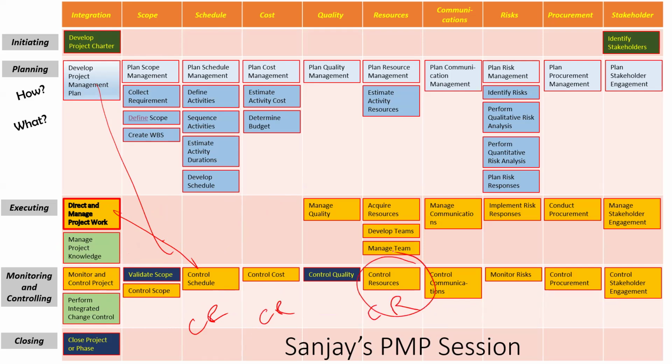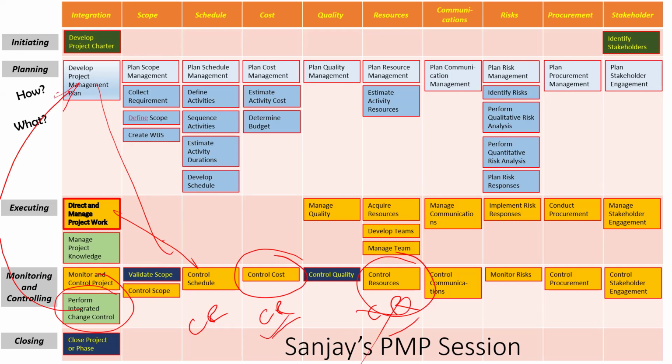The resource manager might say that we need to give more training to the people. The cost manager might come back and say that we need to reduce the cost. Now remember, both of these things cannot go ahead together. If you want to give the training, cost will increase. Both these CRs will come to perform integrated change control, where a collective decision will be taken. Maybe the cost CR was approved, and the training CR was rejected. This will then become part of project plan version 2, and it will run. And that's how the integration works.